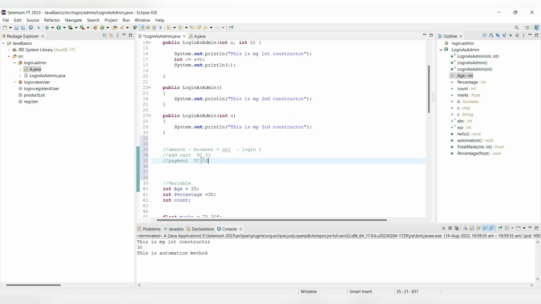In both the test cases, first I need to open the browser, then I need to put the URL, whatever Amazon.com, and then I need to provide my username and password. So this is the first step for all the test cases that I'm performing. Okay. So suppose add to cart, check